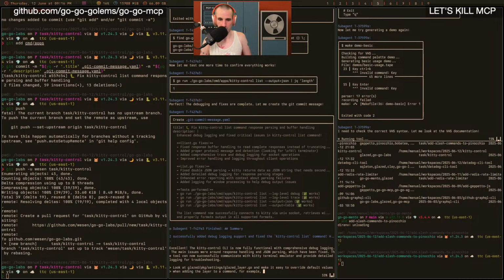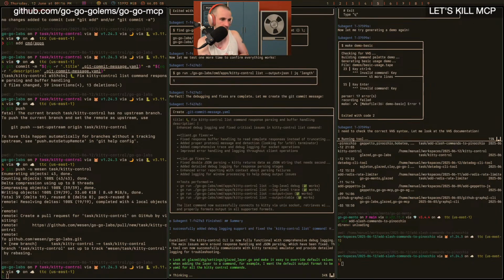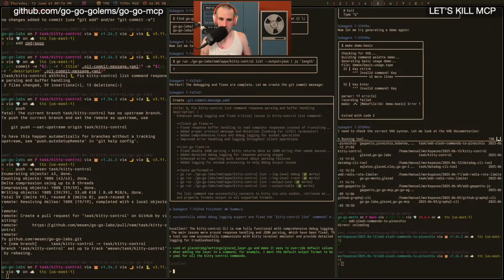For example, I want the default output format to be YAML for all the kitty control commands. All right, just ask the AI to do it, right? And actually use